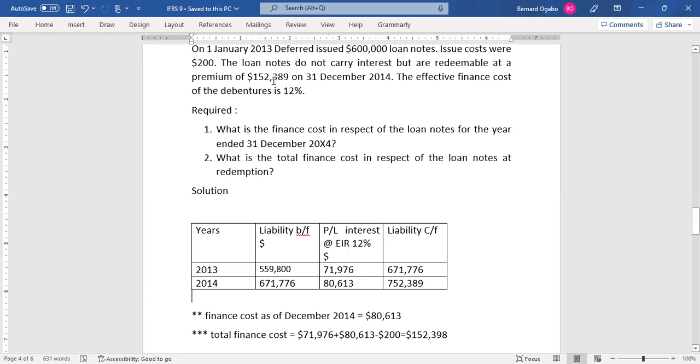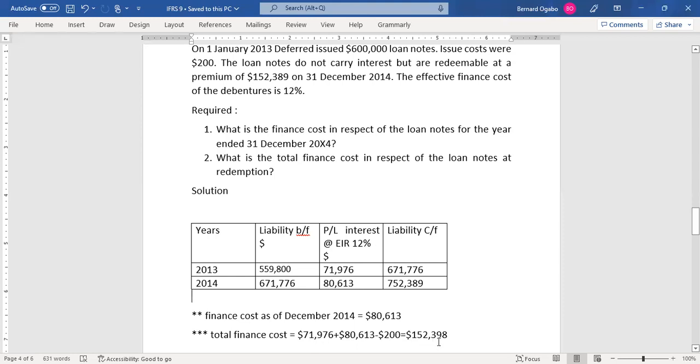152,389. But the second question that I'll ask is, what is the total finance cost in respect to the loan note as at redemption? See what we did. If you add finance cost year 1 to finance cost year 2, finance cost is the interest that goes to P or L, and it is the interest at the effective interest rate, not the nominal interest rate. So finance cost for the total period of the instrument is going to be finance cost for year 1, which is 71,976, plus 80,613, minus the issue cost,